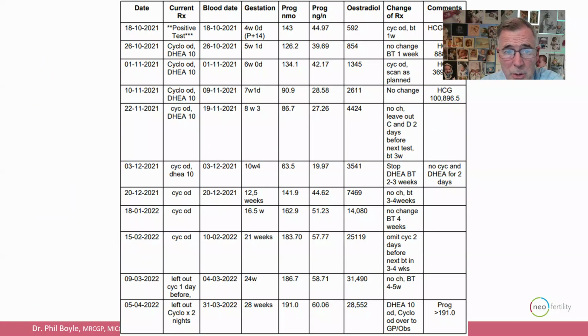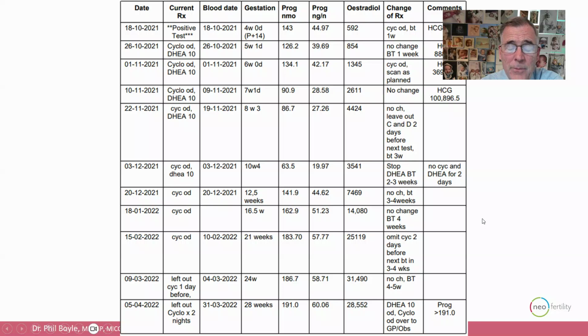And we followed her levels right throughout the pregnancy, and broadly eyeballing this, it looks like we stopped her DHEA and her estrogen continued to surge very well. And very late in the day, I think we may have brought some small amount of DHEA back when she was 28 weeks. It was just a little bit low. So I just added DHEA 10 at that very late stage because her estradiol levels should be up at 40,000 and it dropped down to 28. And sometimes you find, oh, I'm not sleeping, I'm stressed or whatever. And it's just good for a pregnancy.